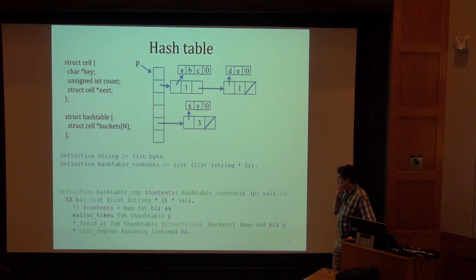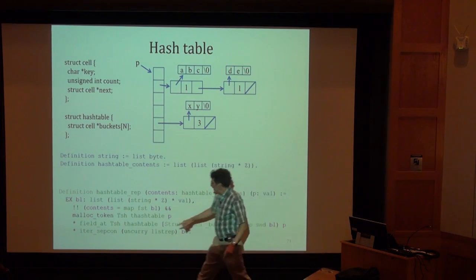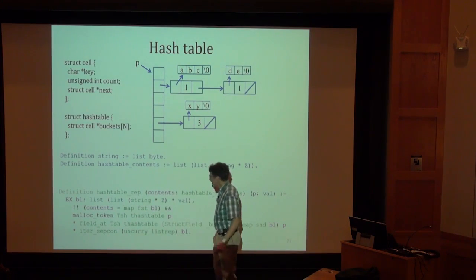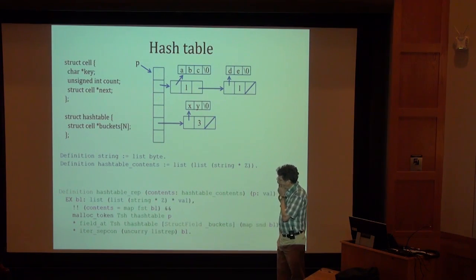Okay. And now we need all of the contents of the linked lists. We need all of those linked lists. So there are n of these linked lists. Some of them may be null. And we want the big star, the iterated separating conjunction of all of those linked lists. So here's the iterated separating conjunction of